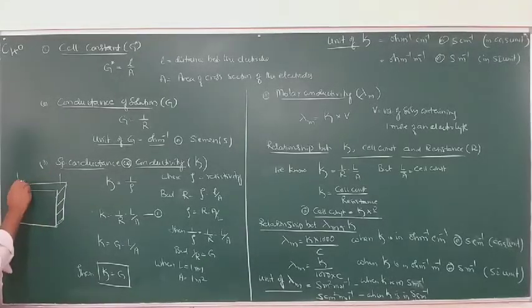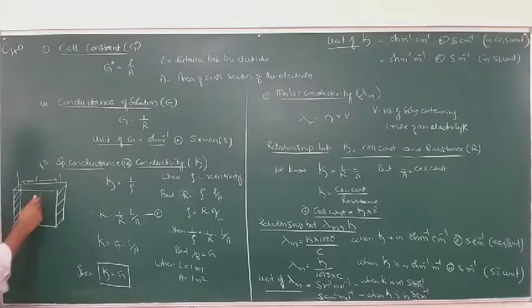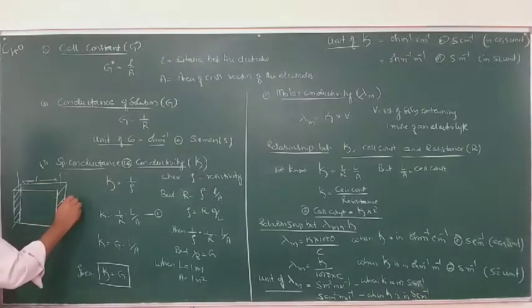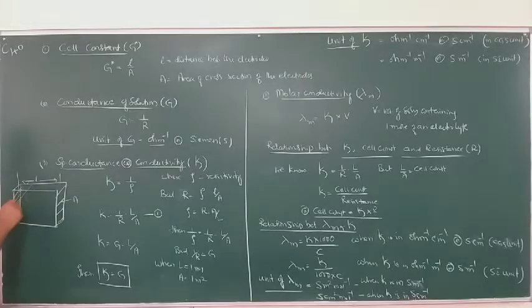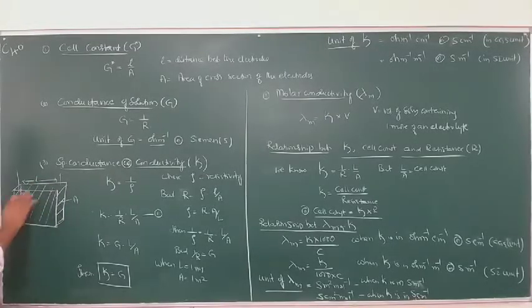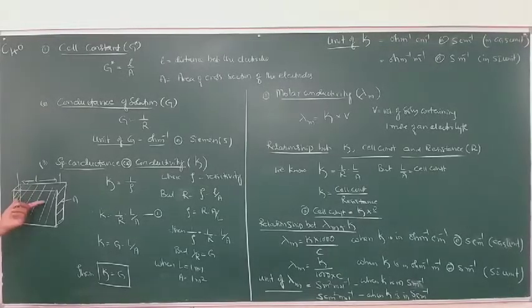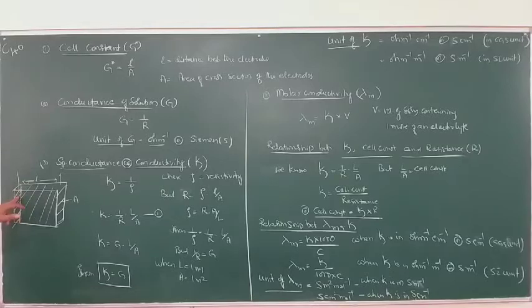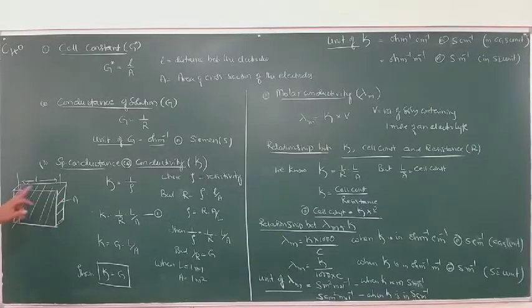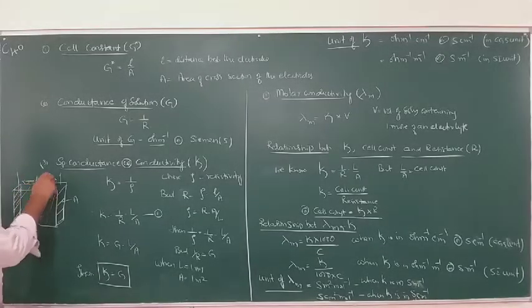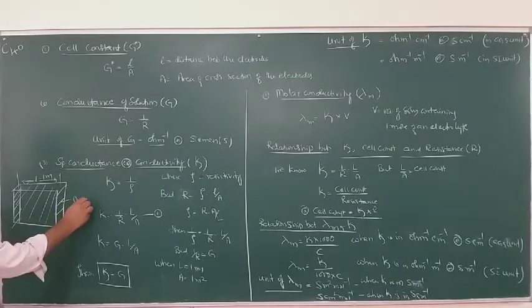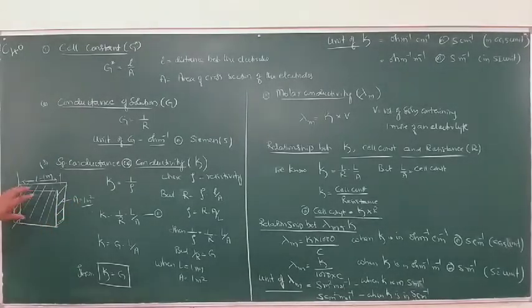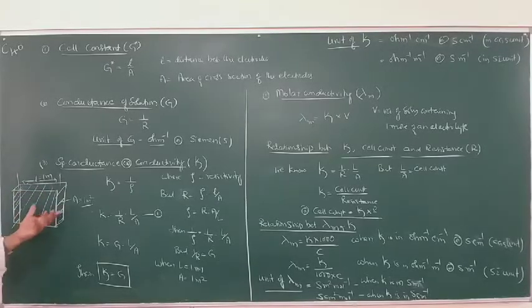The distance between the two electrodes is L meter and the area of cross section of the electrode is A. So the conductance of the solution in between these two electrodes is called specific conductance. That means conductivity is the conductance of solution placed between two electrodes 1 meter apart. Here L is equal to 1 meter and area of cross section is 1 meter square. The conductance of this solution is known as conductivity or specific conductance.